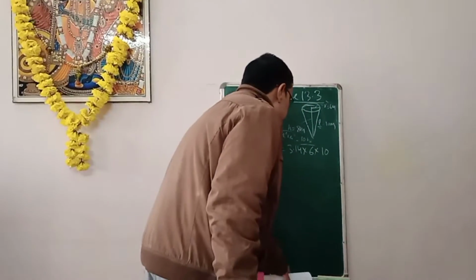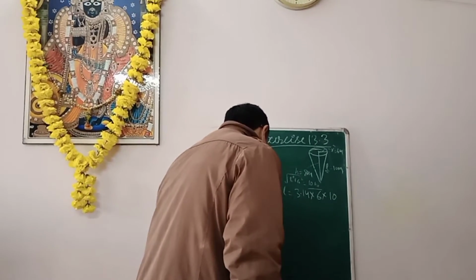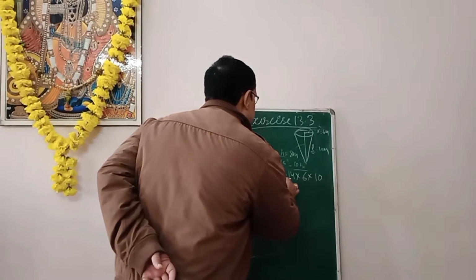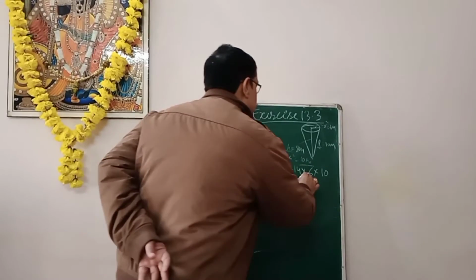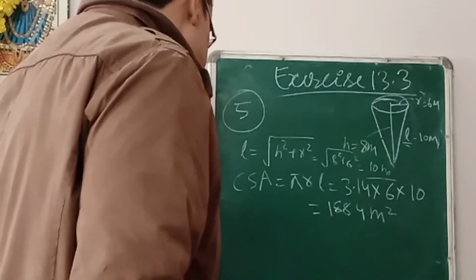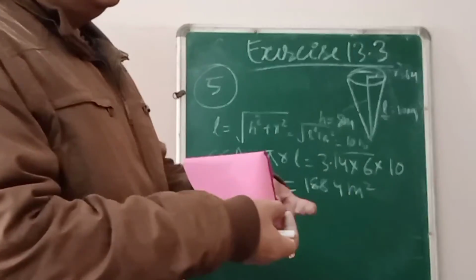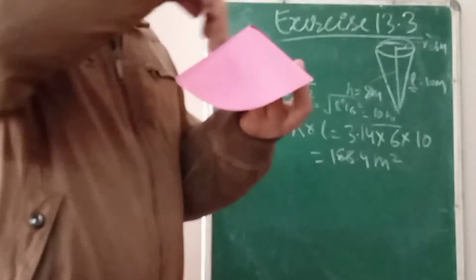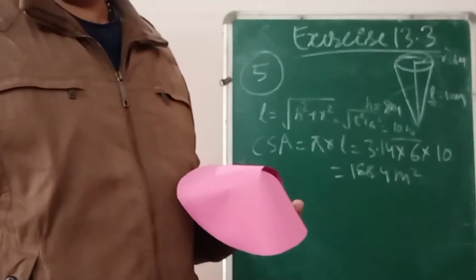So we have taken this, and how much does this come to? This comes as 188.4 meter square, because it's area, so the unit is meter square. So CSA, this curved surface area we know, and this curved surface area will be made from that tarpaulin sheet,